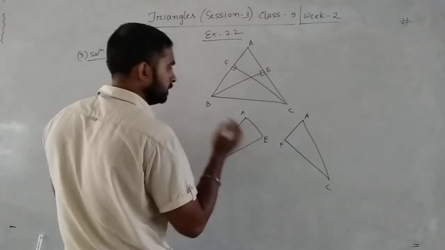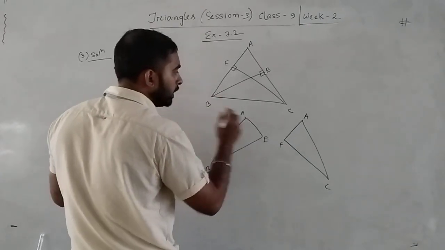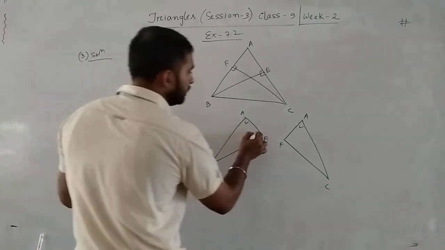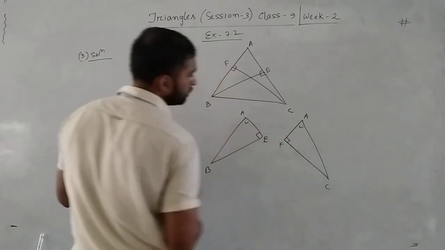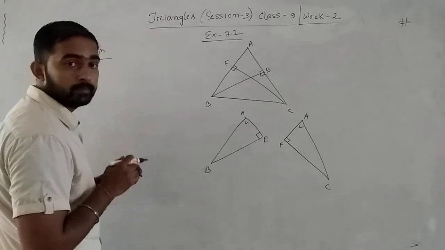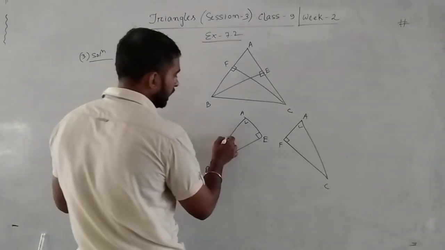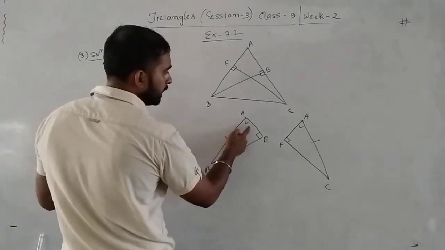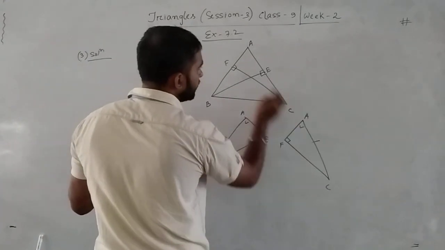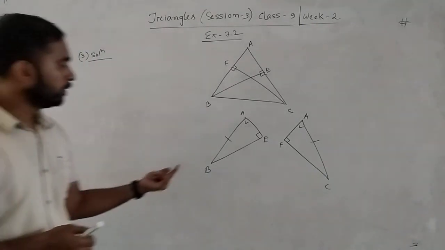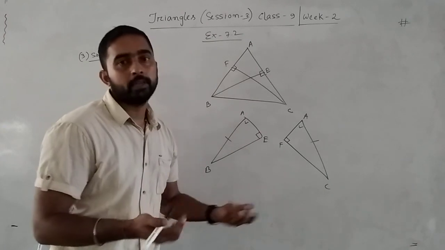Triangle AFC, ACF, okay. Now see, is angle A present in both triangles or not? Then is this angle 90 or not? Because the altitude means they make an angle of 90 degrees. Then AB equal to AC, it is given or not? So by angle-side, the triangles are congruent or not? Then if they are congruent, then BE equal to CF, finished.